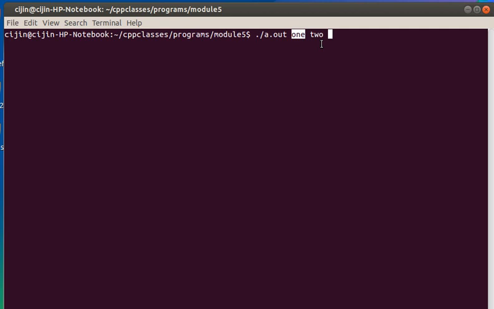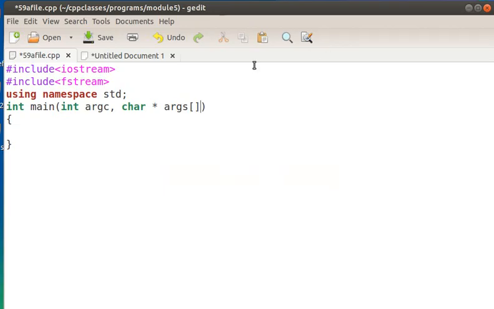The first argument stored in the array will be the program name, followed by the other arguments. This is how we pass arguments. So in this main function, this int variable contains the number of arguments which are passed, and this array contains the arguments which are passed.